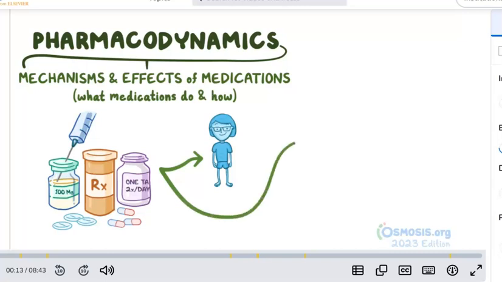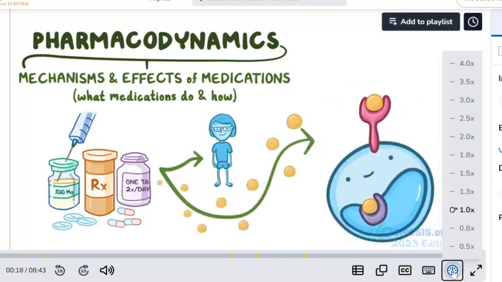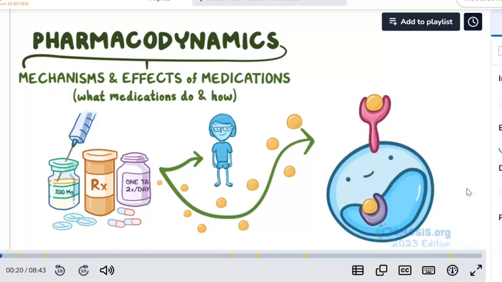All right, so in order to have an effect, most medications have to reach their target cells and bind to a receptor. Receptors are specialized proteins both on the cell membrane and inside the cell that can bind to a ligand and get triggered to alter their shape or activity. This gives rise to a signal cascade of intracellular molecules, which are the second messengers, which ultimately results in some change in the cell's function.